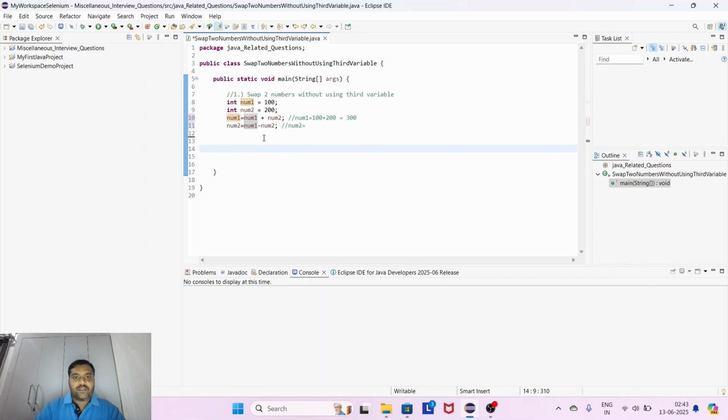So what we are doing here, in the num2 variable, what is the value of num1? Here num1 is 300. So 300 minus, and what is the value of num2? num2 is 200. So 300 minus 200 equals 100. So you can see that in num2 we are getting the value 100. Then we do num1 minus num2, and we store it into